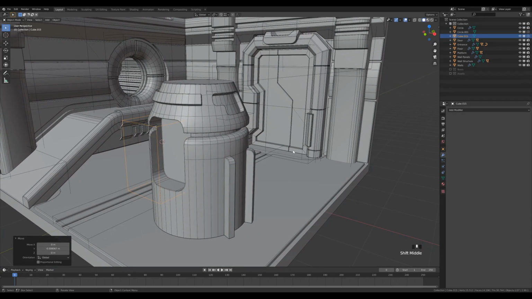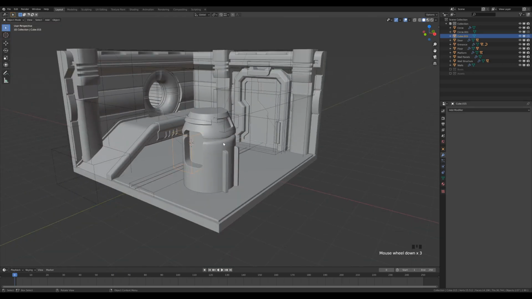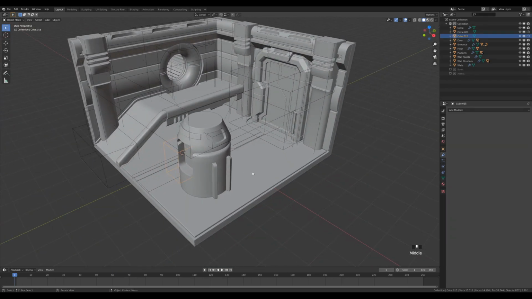So here you could see how you can create the details on some curved object like this. And we used several techniques. We used extrusion, where it was very easy to achieve and to use that extrude. We used Boolean modifier, where it was a little bit harder, but at the same time it benefits the topology of the original object. And here we simply used the Booleans because it was very easy and it was the fastest and most effective way how to achieve a cutout like this. So if we now turn off the wireframe overlay, you can see how you can detail your object using different